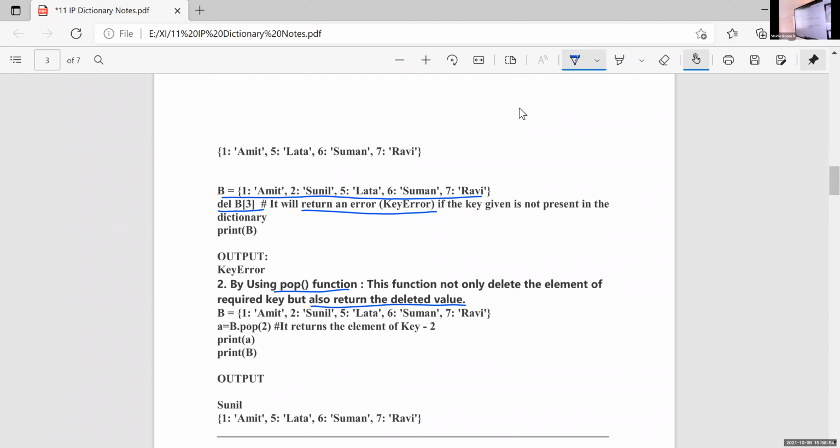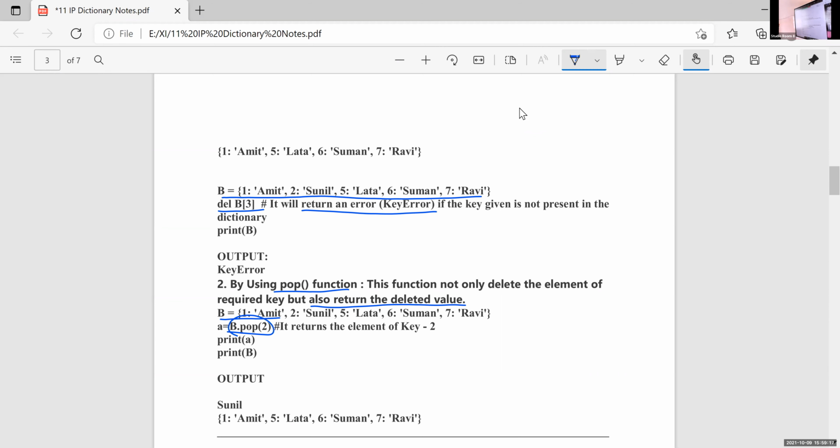After executing the statement, the pop function returns the deleted value. Just look at this example, B is equal to some values. 1 is there, 2, 5, 6 and 7 are there. Then A is equal to B dot pop of 2.